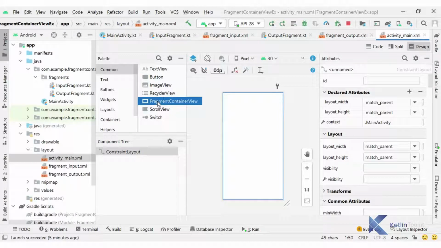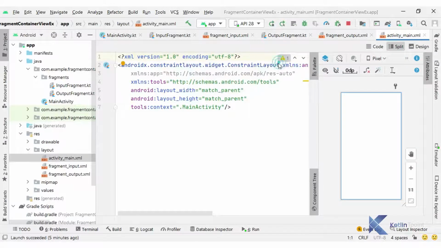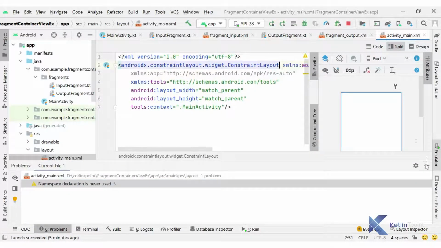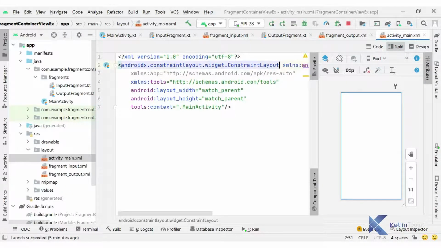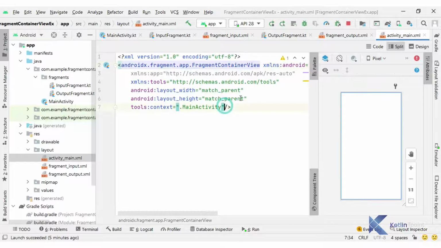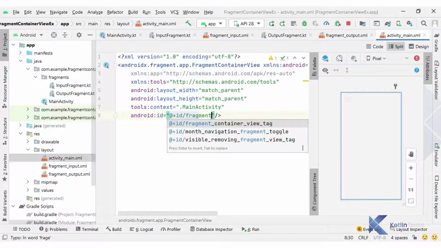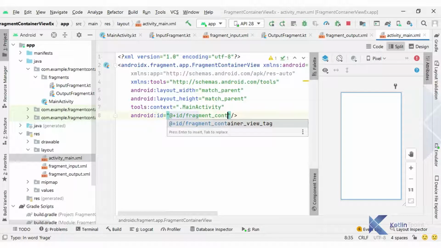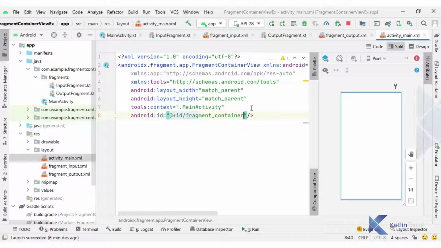So I will use the fragment container view in place of the constraint layout, and I will also set the ID. It is the same code we follow with our frame layout as well. I will set the fragment container ID, so my fragment container view is ready.